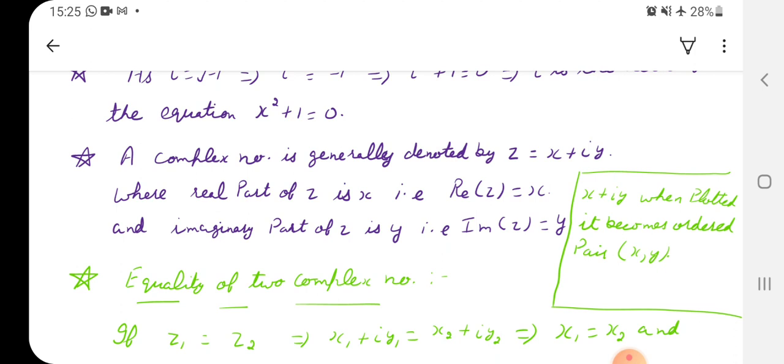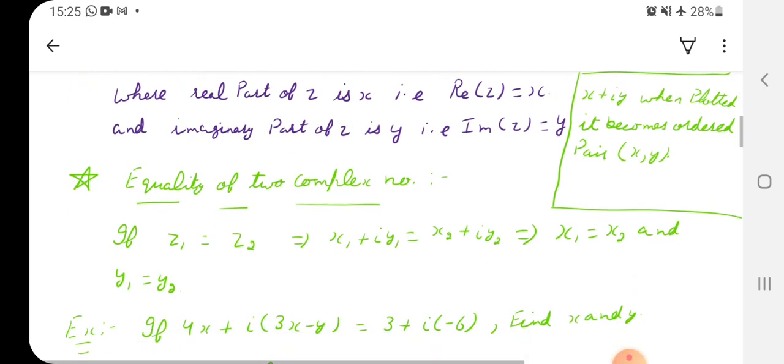But now the change here will be that earlier we were taking the xy plane. Now we will not take the xy plane, because here we are relating real part and imaginary part. So we will plot these points on the complex plane, the Argand plane. So this was the hint for plotting. So actually a complex number x plus iota y is nothing but an ordered pair x comma y, or a point in the Argand plane, right?